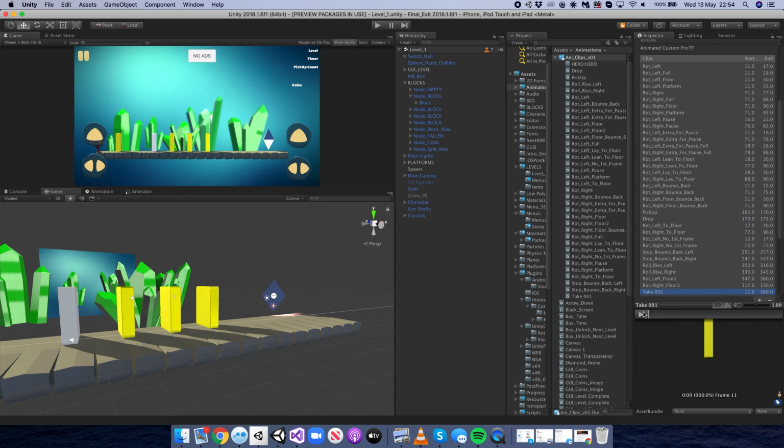If I just played it through all of them, it would just look a bit silly, but you get the idea. Obviously I'm going through all the different clips and whatnot. There's a bit of a gap in the middle, so I could add more in for the left and right ones. So the point is, if we just look at the rotate left one,